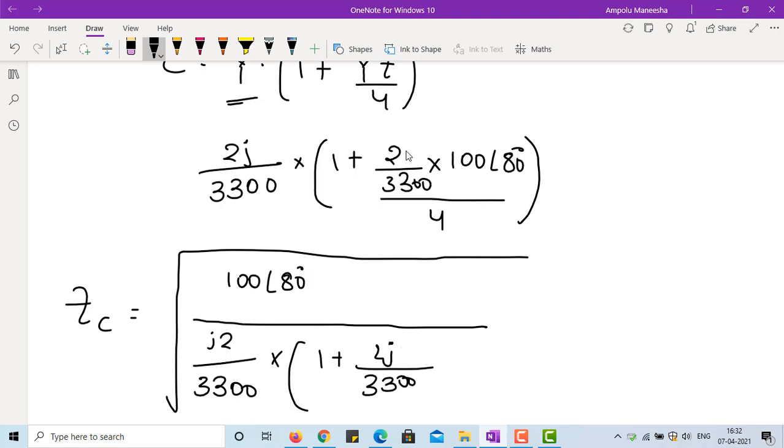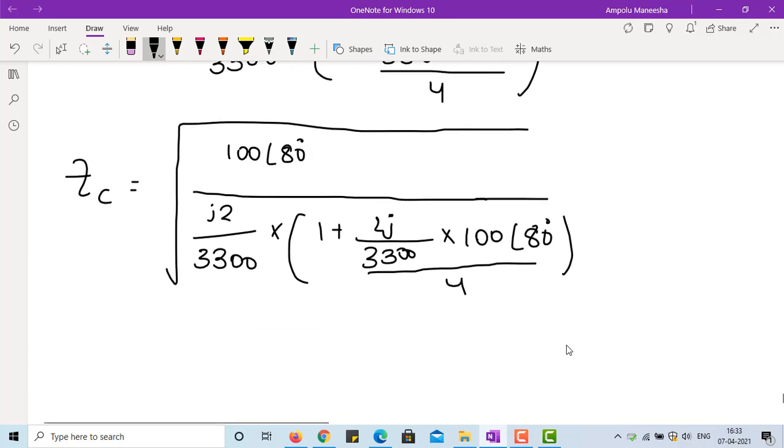Here also we forgot to multiply j into 100 at an angle of 80 degrees, this whole divided by 4. After simplifying this expression, we will get ZC is equal to